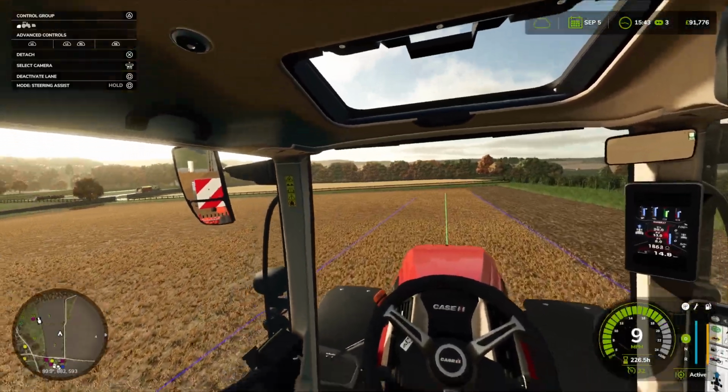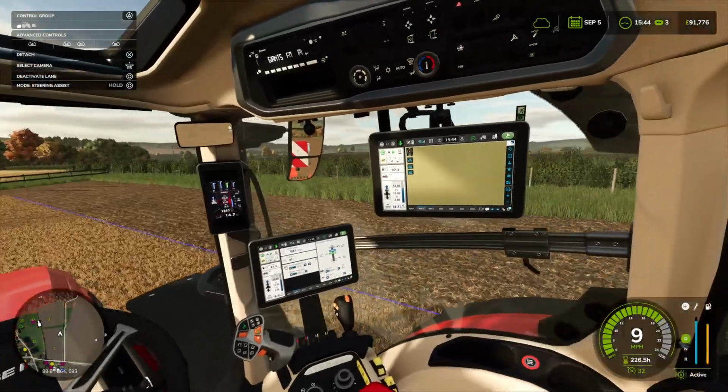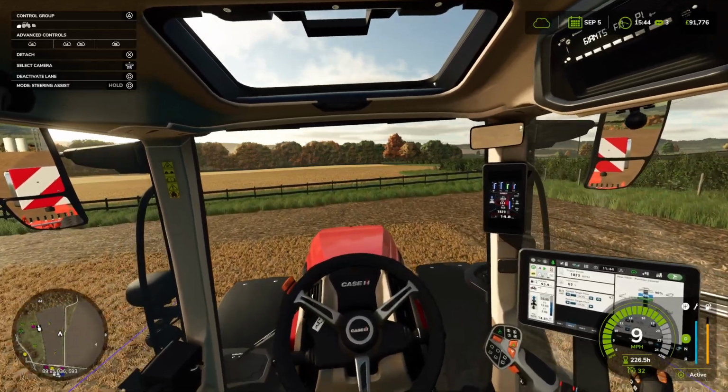You can sort of relax a bit, put some music on and stuff like that. I tend to put Spotify in the background when I'm playing on this as well. The music in this game isn't that bad, but it's just on a loop. It just gets repetitive at times, but